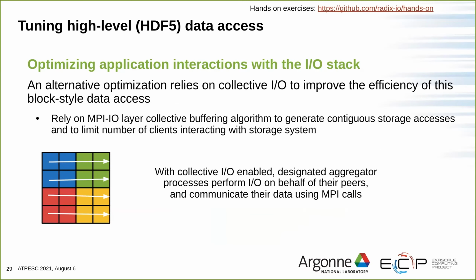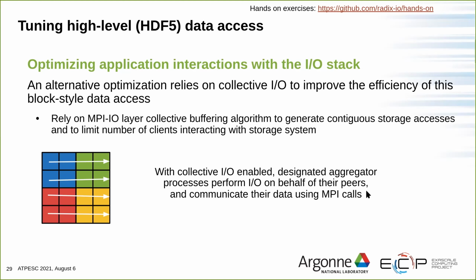An alternative optimization to chunking that I've considered here is collective I/O, which we've heard about plenty today. It's another way that you can improve the efficiency of workloads like this, where individual access patterns might not be best for how data is organized in the file. In this case, we're going to rely on MPI-IO's collective buffering algorithm to give us really large contiguous storage accesses. And secondarily, another improvement that algorithm makes is that it limits the number of clients that interact with the storage